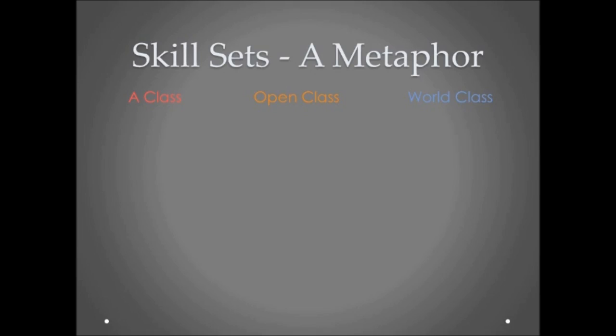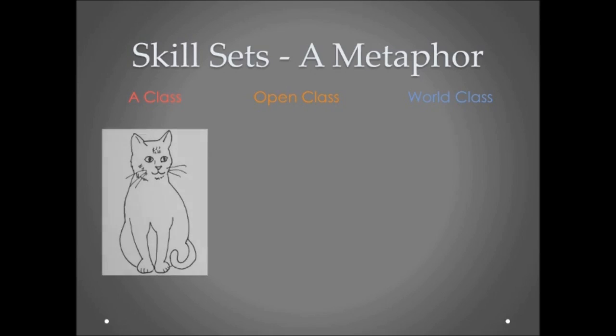All right, so the very first student brings back his cat, and I'd like to show you right now A-class cat. Here is A-class cat. It's a good cat. It looks like a cat. It fulfills the assignment. That's exactly what they were supposed to do. But it's a pretty basic cat. You would say that this student is using basic art skills and basic art abilities to create a basic cat. It's good. It's successful. It's clear. I like the cat. I think it's a good piece of art. But it is basic in all ways, shapes, and forms.